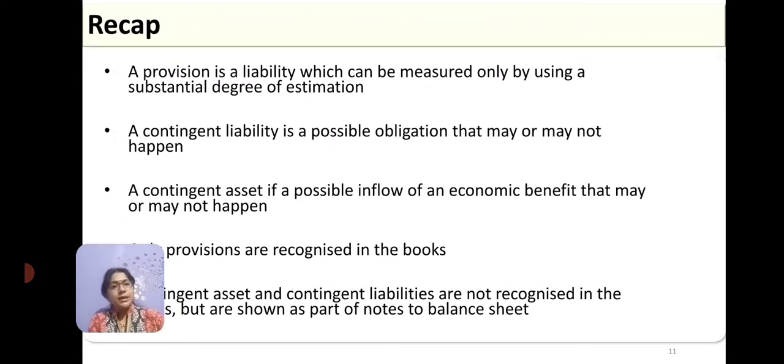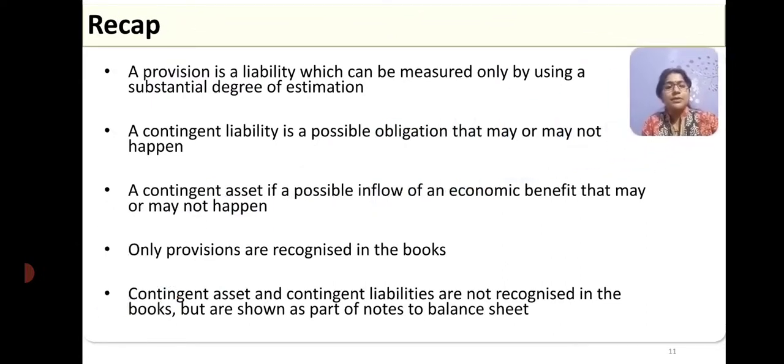If we take a recap of what we discussed so far, Ind AS 37 deals with the meaning of a provision, the meaning of a liability, what a contingent liability is, and what a contingent asset is. A provision is a liability, or it can be an expenditure, which is the result of a past event, and where the estimation can happen in future. Like this, you can estimate what could be the loss, or the expenditure, or the liability which will fall due in future. Then you recognize it in the books of accounts.